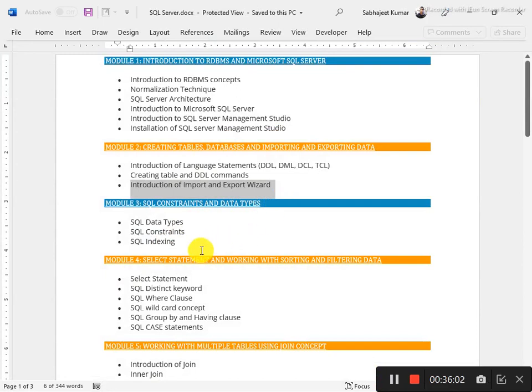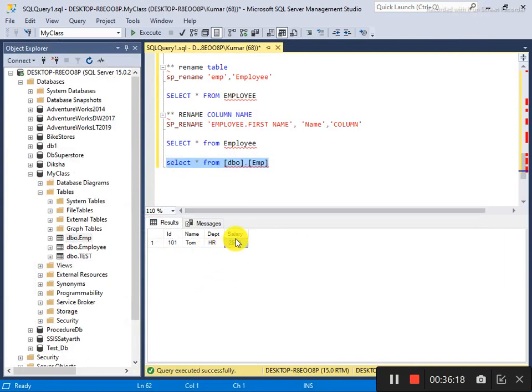Yeah. So now I'm coming to the data type constraint, the SQL constraint. A constraint means enforcing integrity on any column or any table. Like if you say this is my integer type, and you want to add a constraint, it means a restriction or rules. It means that salary can't be more than 10,000, or salary should be between 10,000 and 50,000. So this is a kind of restriction, or constraint.